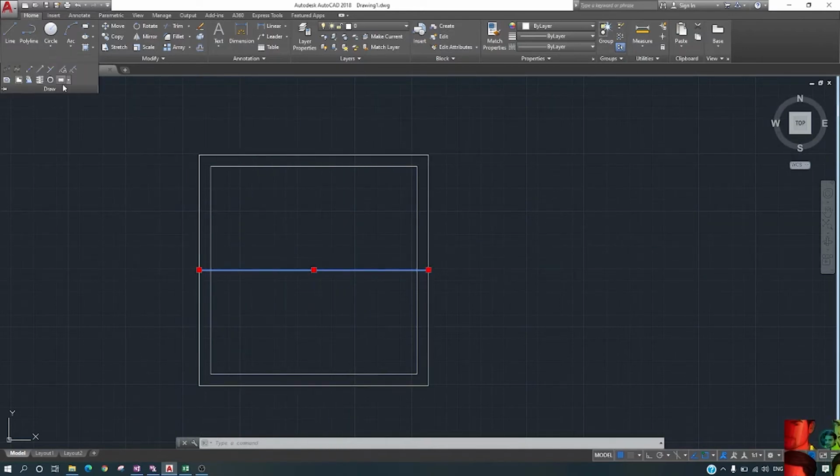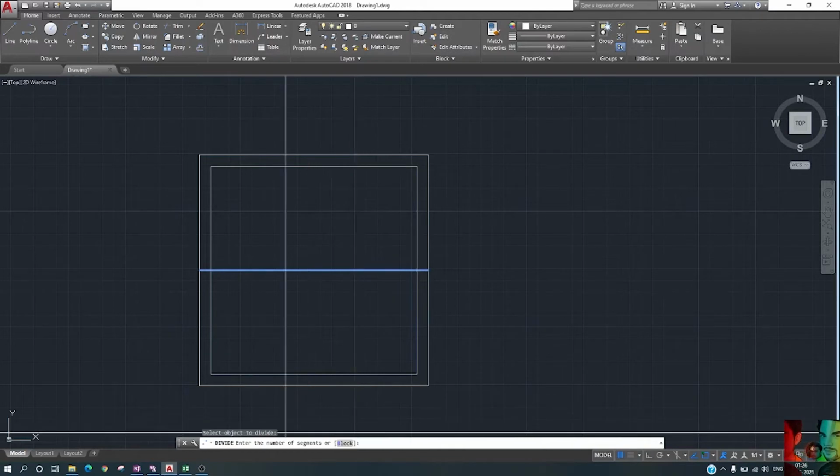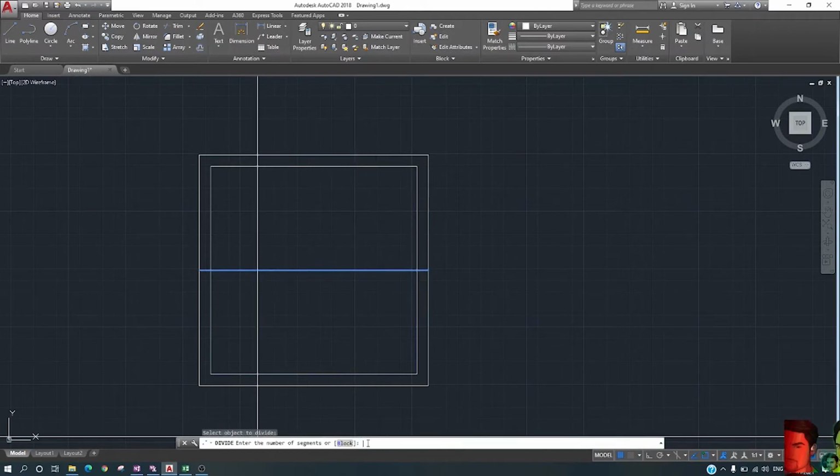So go to the Draw tool, select Divide. The command line asks to select object to divide, we select it. Now it asks to enter the number of segments. We have to divide it into 3 parts. Click enter.